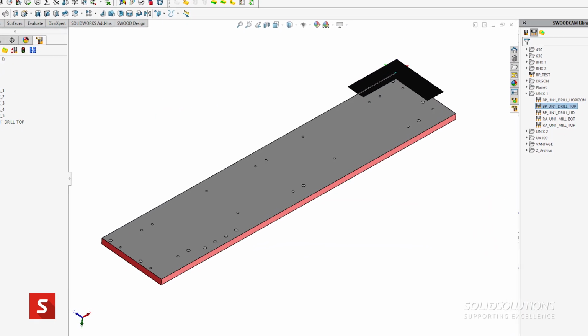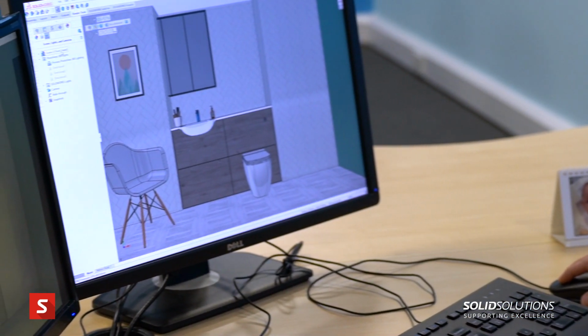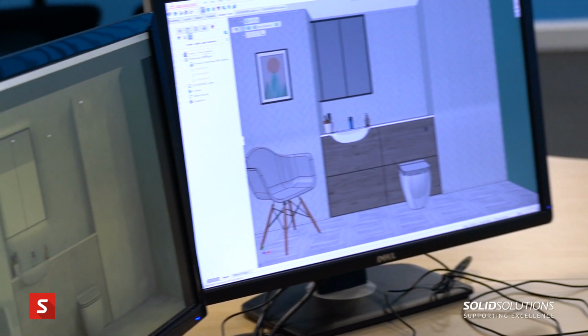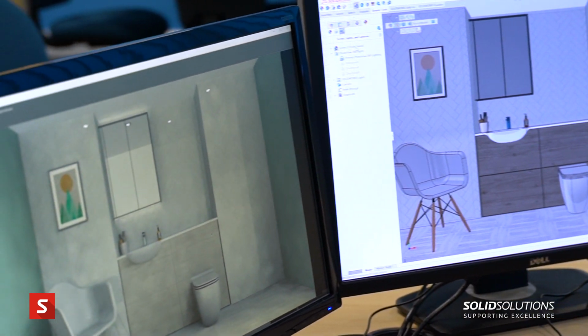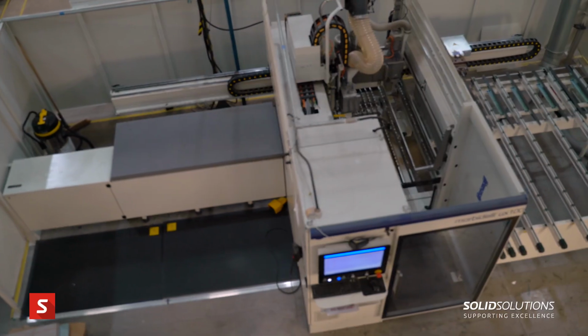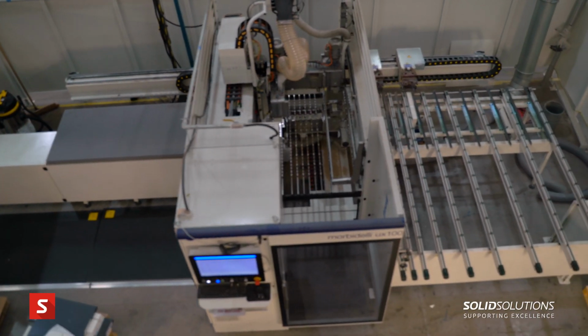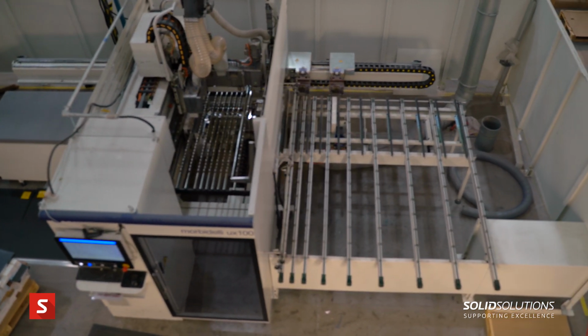One of the areas where we could look at is bespoke bathroom furniture, where we have customer-specific designs. They'll come in and visit our showroom. We could then use the Visualise software to develop visuals for them in order to finalise the design. Once that has been done, we can use the software to program the machines downstairs, turn around concepts quite quickly in order to give the customer the furniture they want in a short timescale.